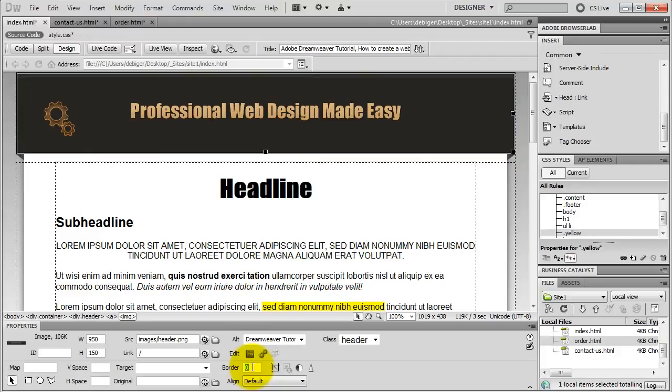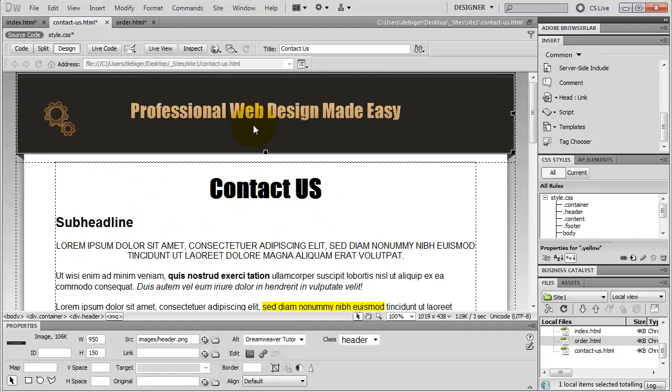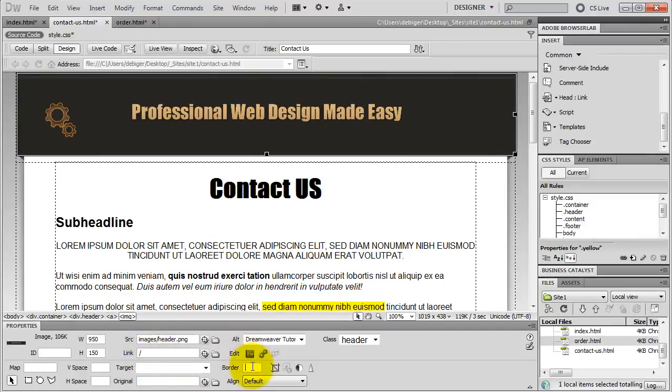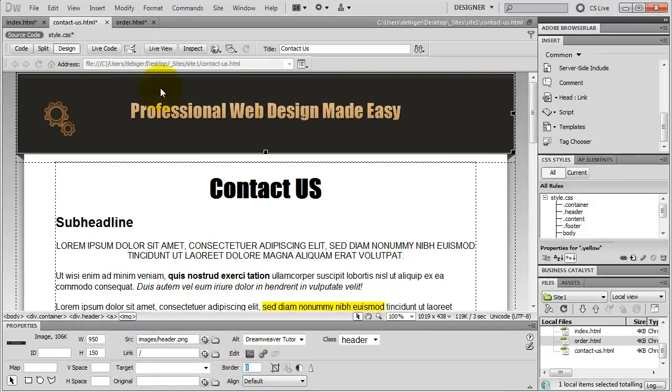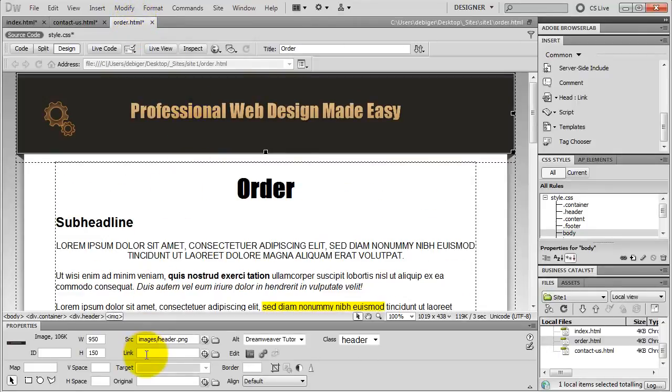Okay, I need a link to my home page in my other two pages as well. So I go to my contact page, select my header image, type in a /, and 0 for the border. Go to my order page, select my header image, /, and border 0. Go back to my index page,